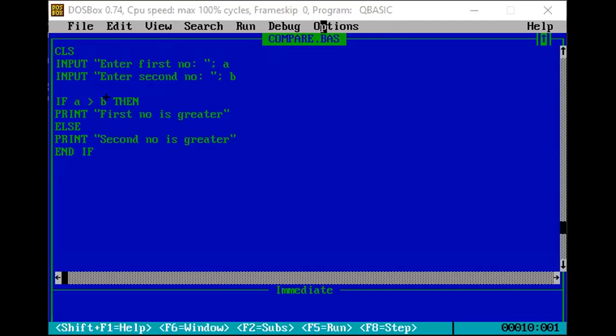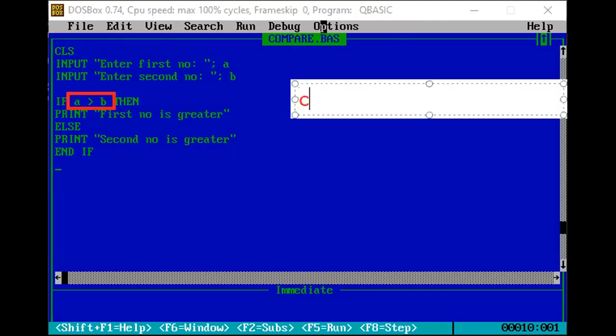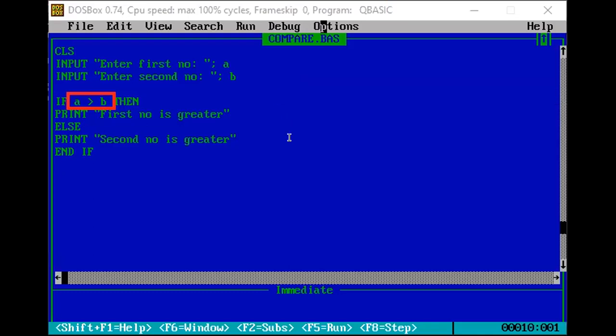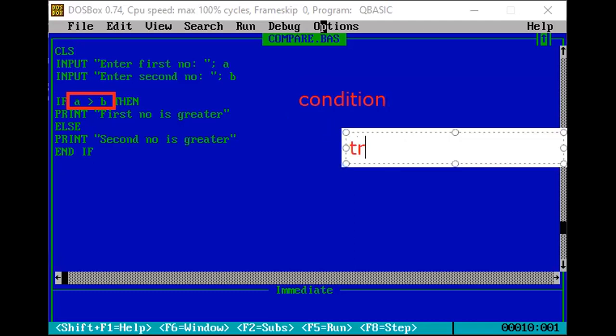We'll start with if A greater than B. This part, A greater than B, is known as condition or criteria. This is a condition, and every condition has two answers, either true or false.